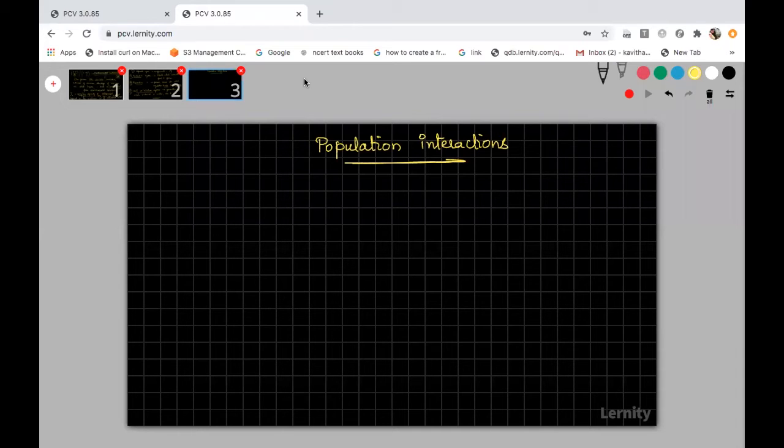How do plants get the nutrients from the soil? Only because of microorganisms, the nutrients present in the soil are replenished again and again, right? So even though plants are autotrophs and can synthesize their own food, they cannot survive alone. They need the soil microorganisms to break down the organic matter in the soil, and that is how the organic matter is returned to the soil in the form of inorganic nutrients.